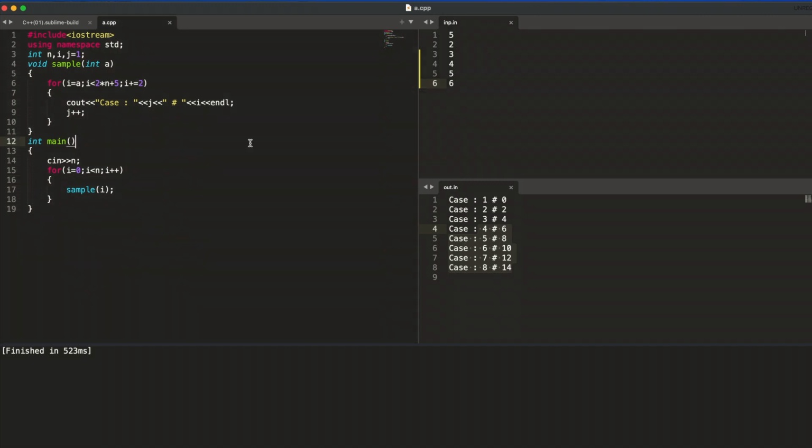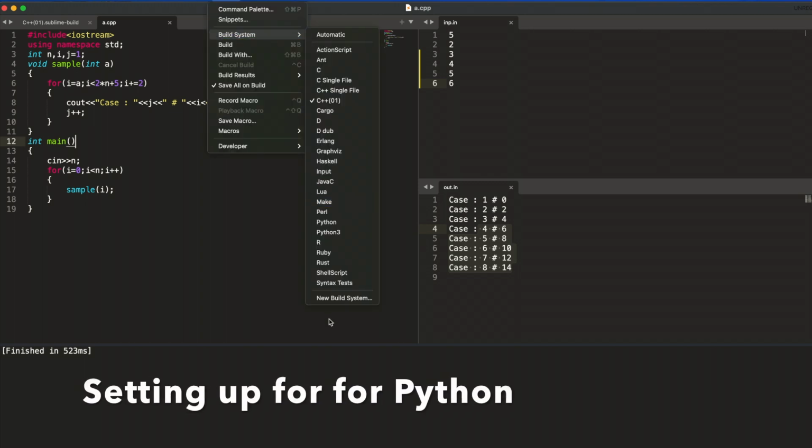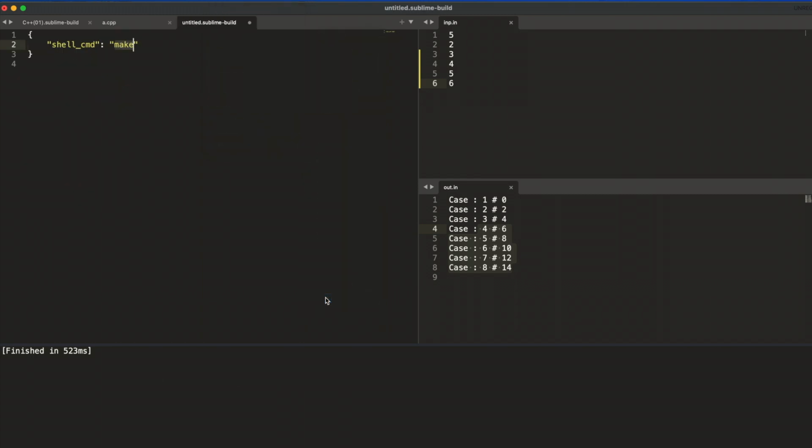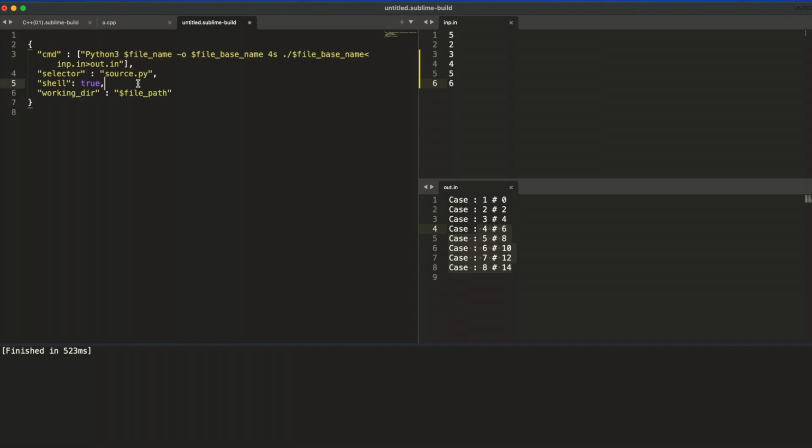Now if you want to do the same setup for Python as well, go to Tools, Build System, New Build System, then copy the code that I'll be giving you. Okay, so this is the code that I have copied here. In the last code I just changed a few things.